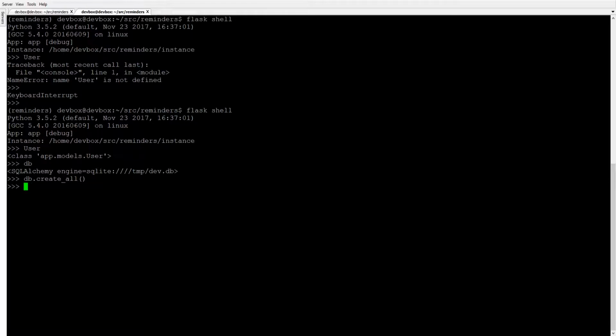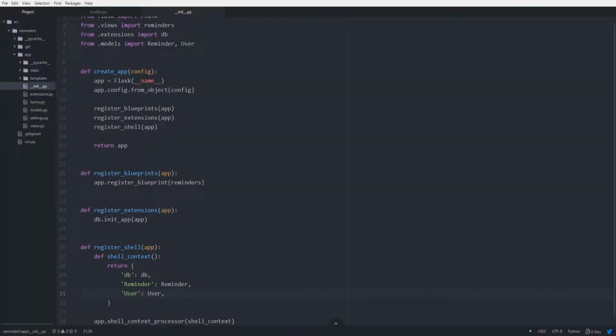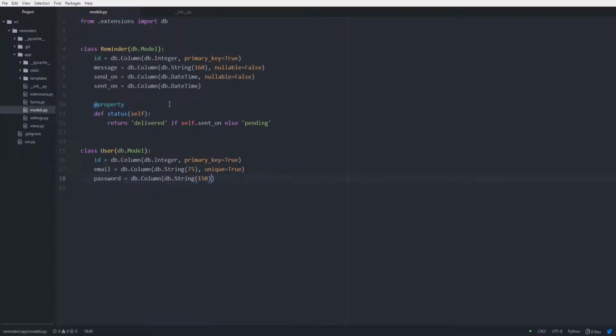So now let's just do a quick query to make sure that it did work. Query all. Okay, so we don't have any users, but it didn't error or anything like that, so it looks like the table was created and the model is working appropriately. So now let's switch over to our editor. The next thing we want to do is we want to go to our models file. We want to add some helper methods to our model. These methods are going to help us with authenticating a user when it comes time for that user to log